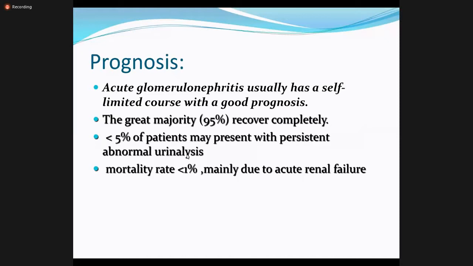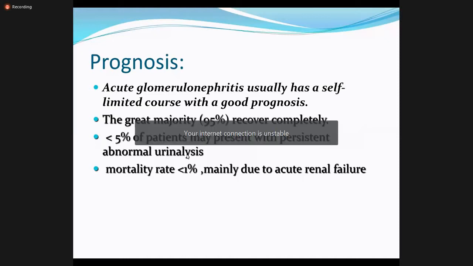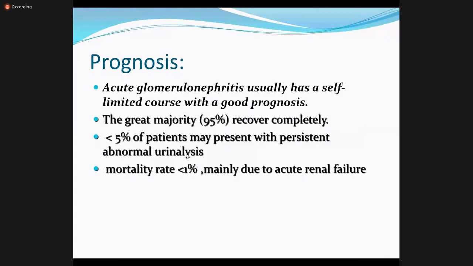They need rest in the initial 2 to 3 weeks, and they revert to daily activities when their gross hematuria disappears, edema decreases, and blood pressure becomes normal. Before that, they need rest for about 2 to 3 weeks. In diet, they usually need a salt-restricted diet, no added salt, with strict restriction for hypertensive patients only. And if there is severe azotemia, they need decreased protein intake also.